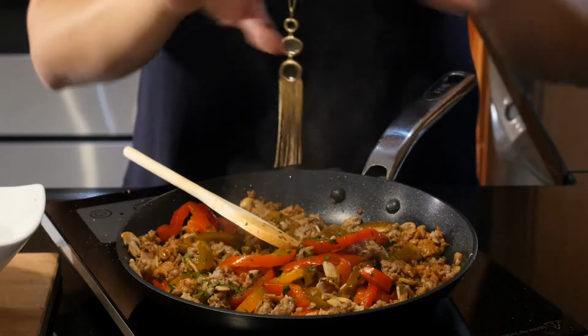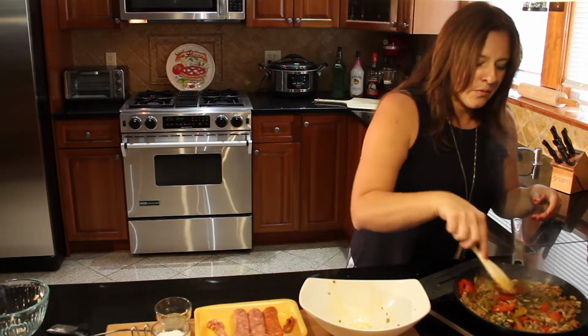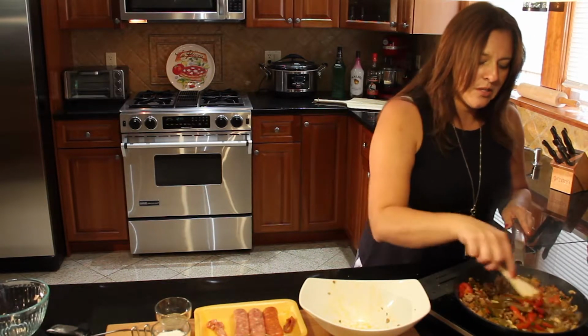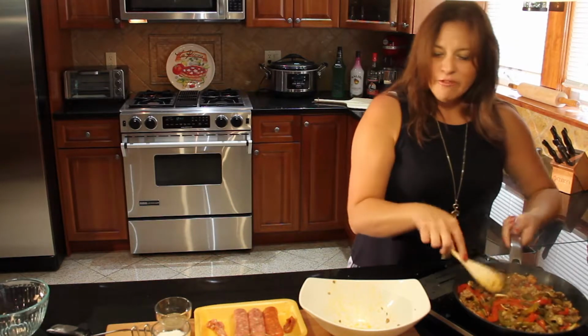And since our sausage was cooked all the way through, I'm going to put it right back into the same bowl. Alright, these pizza wraps are going to be everyone's favorite quick